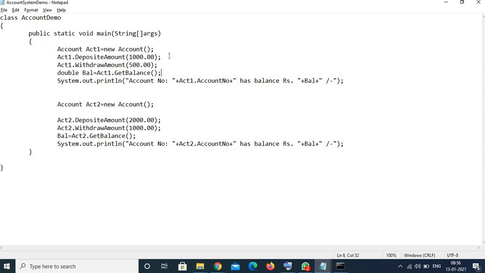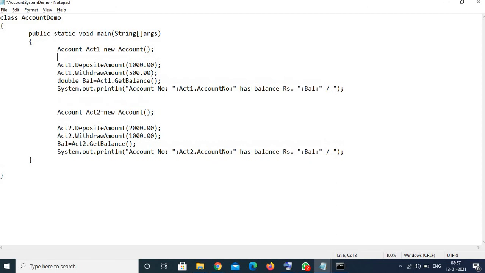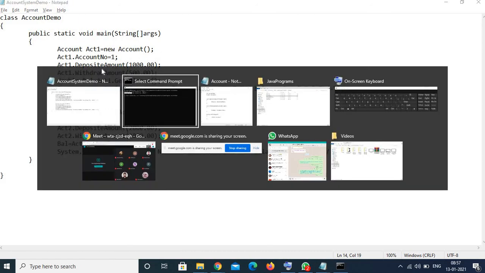What we will do now is, before we call any method on it, we will assign some meaningful account number. Instead of just keeping the default value, we will assign a meaningful value to the account number copies of both the objects. So here also, and here I'll say act2.accountNumber 2. I'm just accessing those copies of the instance variables of the objects and assigning them values. So I've just assigned it.